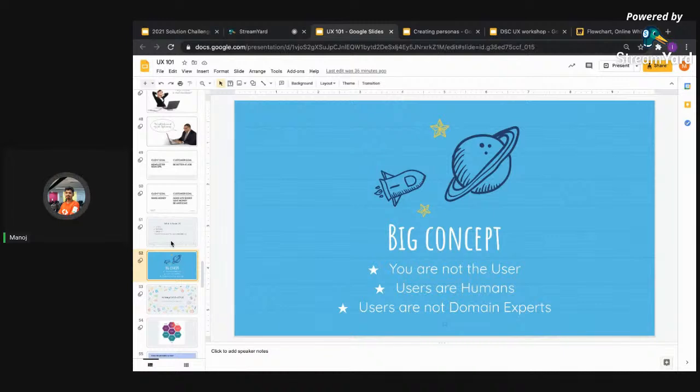Big concepts you should remember. You are not the users. Users are humans. Users are not domain experts. So you are developing an app, and you might know any programming language. So don't use technical terms with users. Just don't be like a formal interview. Just ask them, can you explain your experience about using a particular app, or can you explain